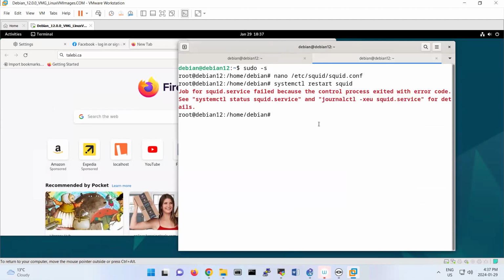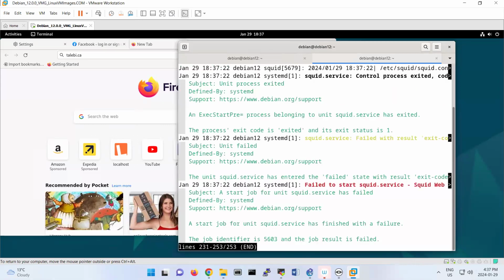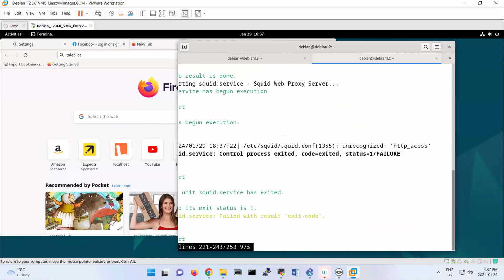Maybe, let me see that. I search for this error to see what that error means. So it tells you that you have http_access. Oh, I have a typo here. You see that? http_access should be acl. I have a typo, so